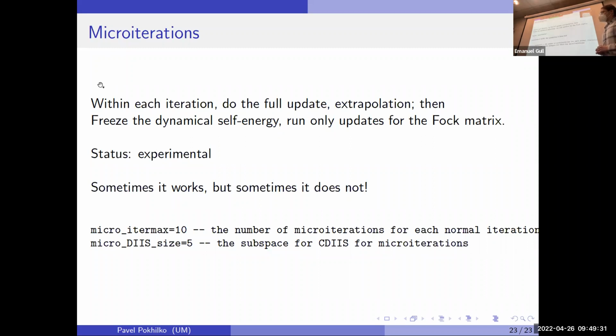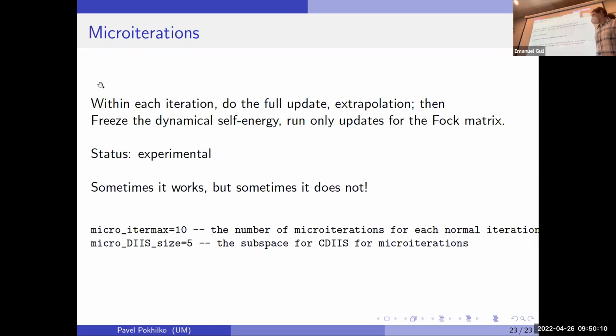However, when I look at something intermediately correlated or strongly correlated, what I often see is that the iterations kind of get stuck. And I think the reason behind it is that if the self-energy is strong, then the gradient may point in the opposite direction of the Fock matrix, and they kind of pull each other in opposite directions, and the result is kind of stuck in between, and the convergence is not reached. But still, if you would like to play with it, if you would like to look at it,